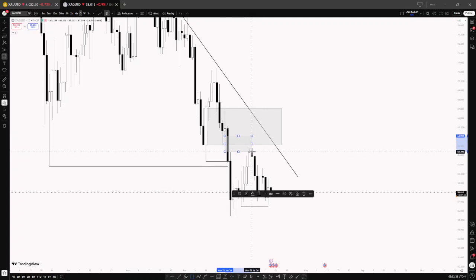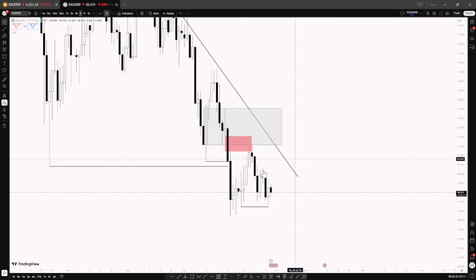The reason we're marking this is draw on liquidity. Whatever can serve as a draw on liquidity is viable to be used as a reactionary point. Here, the draw on liquidity is this daily high, which is a major liquidity, and whatever is above it as a point of interest can be used. So price used this fair value gap to react, and we don't determine a bias just from that point of interest. We want to see alignment on the median time frame.